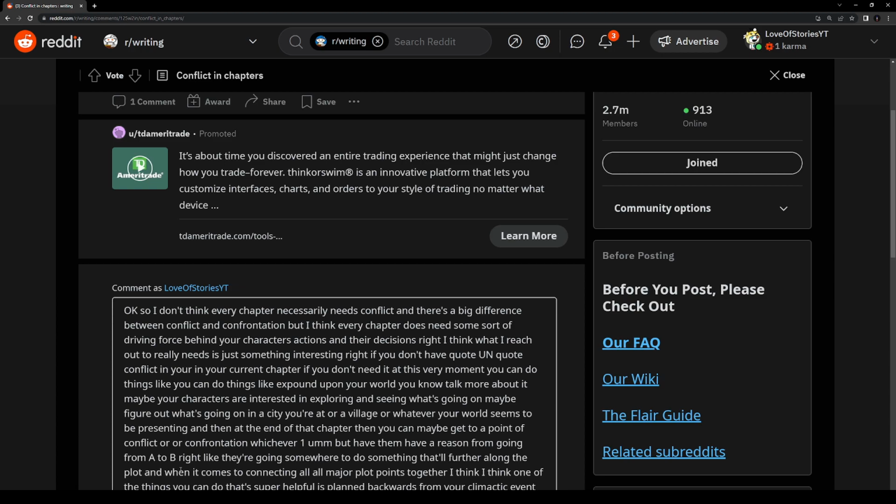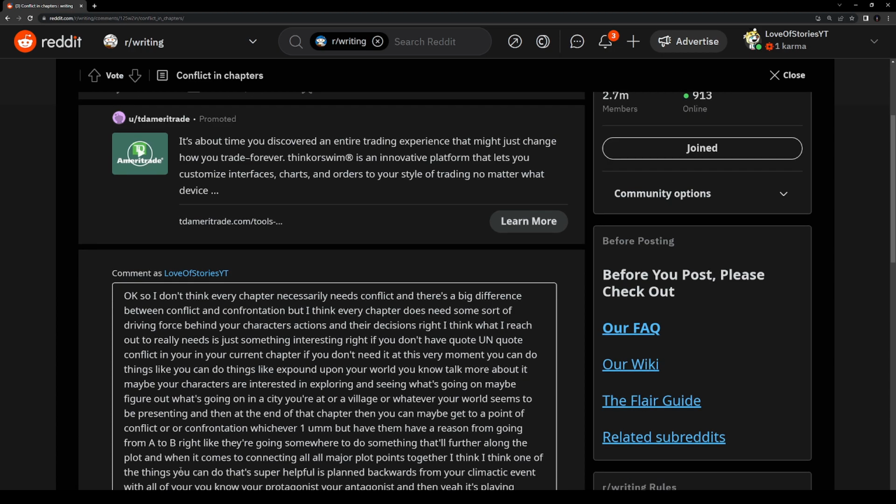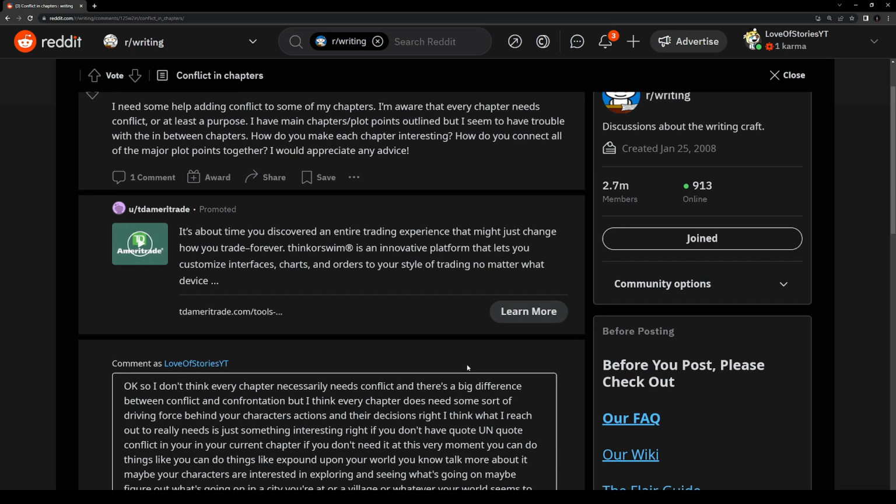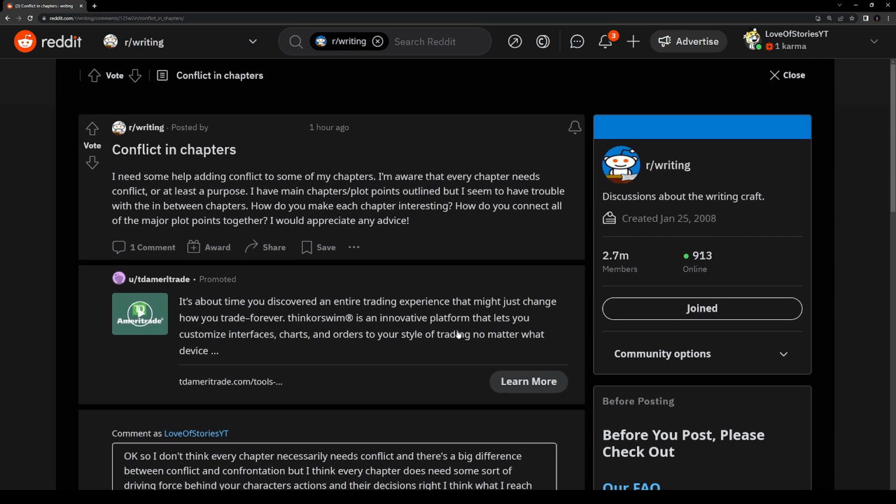I think if you can do that, then you have a cohesive story where all your plot points tie together. It's an old D&D dungeon master trick that my old dungeon master taught me. So yeah, try planning backwards when it comes to plot. And I just realized this thing is okay, whatever, I'll clean it up later. So yeah, planning backwards and your plot points will be cohesive.